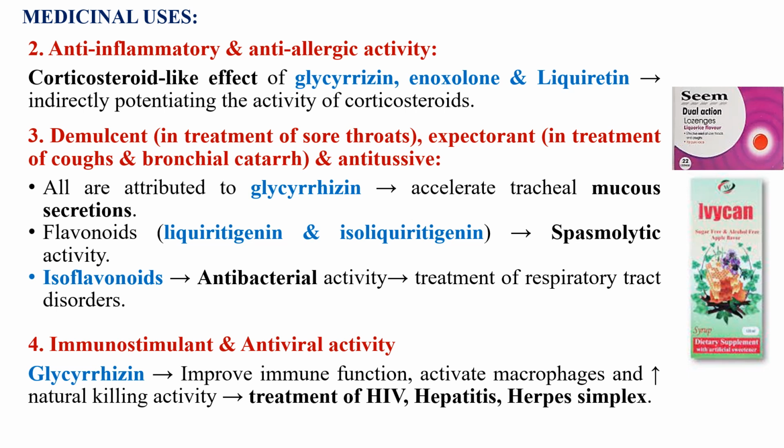they can work effectively in the treatment of respiratory tract disorders, either used as a demulcent for sore throat, an expectorant in the treatment of cough and bronchial catarrh, and as an antitussive. The glycyrrhizin, as it increases the mucus secretion, also increases the tracheal mucosal secretion and makes an emollient effect for the cough. The flavonoids present in licorice, such as liquiritigenin and isoliquiritigenin, have a spasmolytic effect which